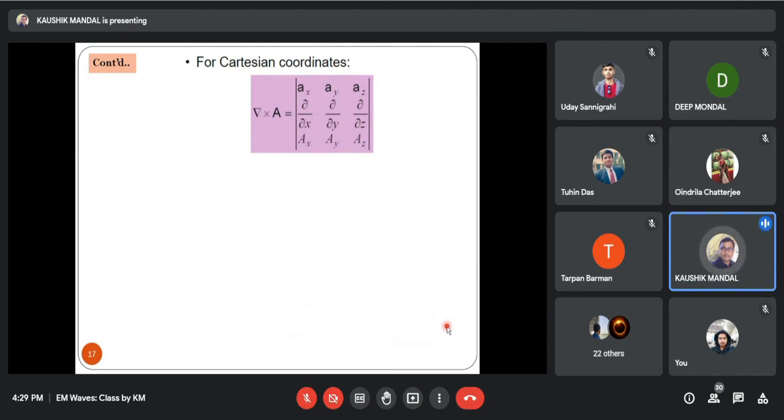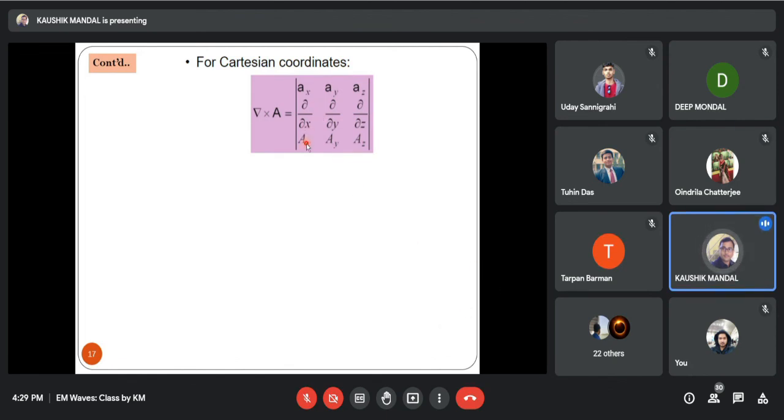The gradient operator and the divergence of a vector. In this case also we have represented the curl of the vector in three different coordinate systems. So considering the problem, you have to accordingly choose the corresponding equations, whether it is Cartesian, cylindrical or spherical coordinate. So this is the equation of curl A, or curl of a vector, that is